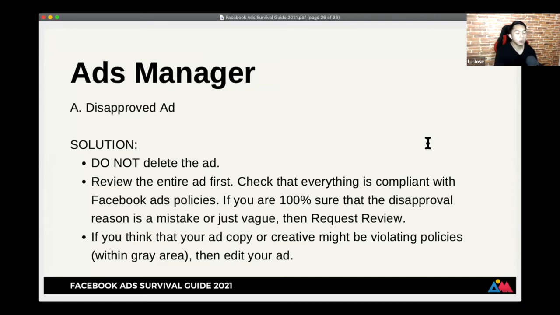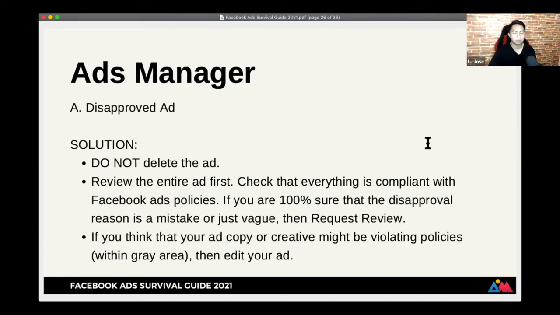Okay? So another question is, if the ad is disapproved, can I change the video that I used for the ad? Yes, you can change the creative. You can edit it. Submit again. Publish the ad. Okay? All right. Any questions about these top errors and their solution steps, guys? Okay, any questions pa ba about this before we move on to the next?